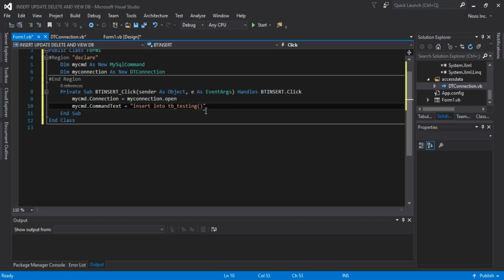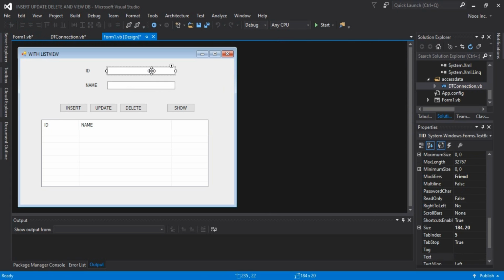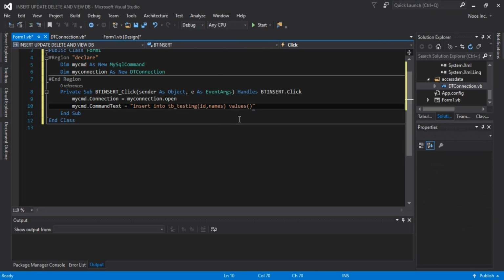So we do like this, ID comma names, and values is for ID equal to TID, and names equal to tnames. Okay, equal to